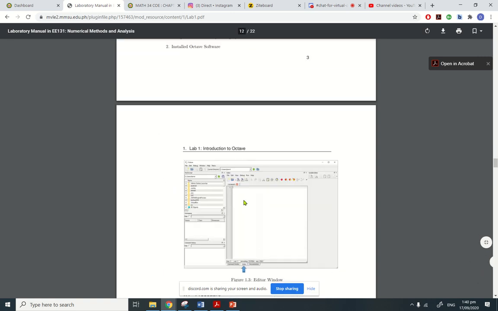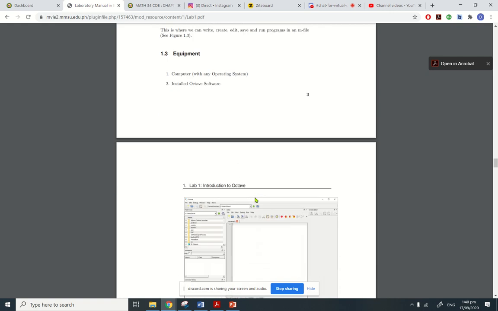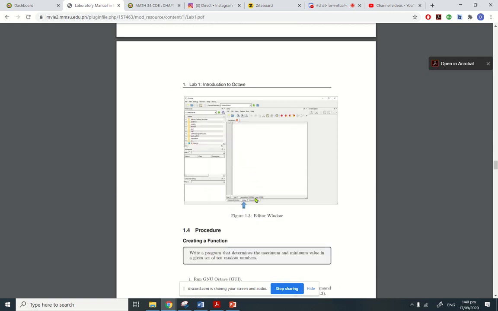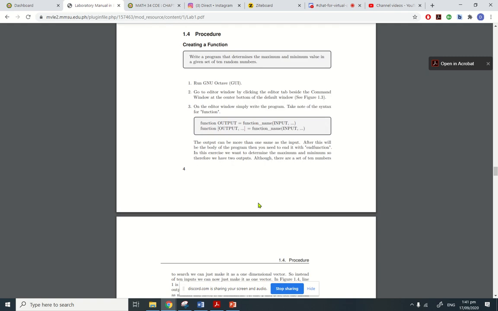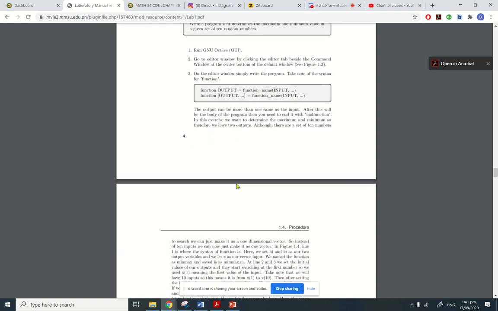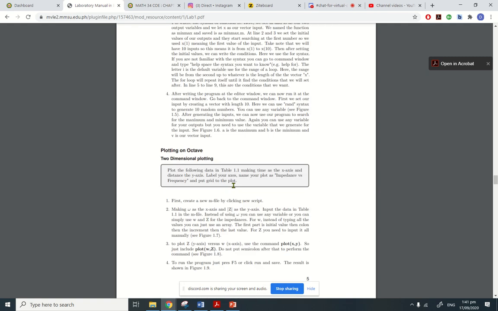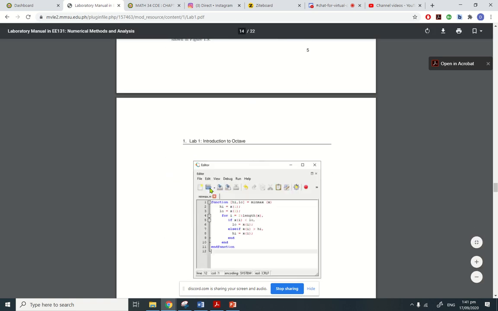So before you do this one, kailangan naka-install yung Octave sa laptop or sa Android. Or you can also use your browser. It's a cloud-based programming site at octave.com if you want. So here is a procedure on how to run and how to plot. You can just read them, and there's an